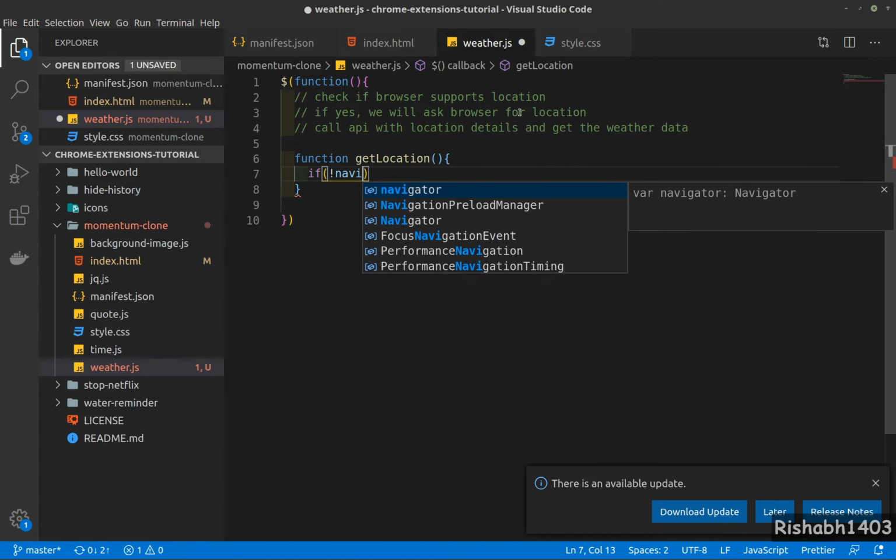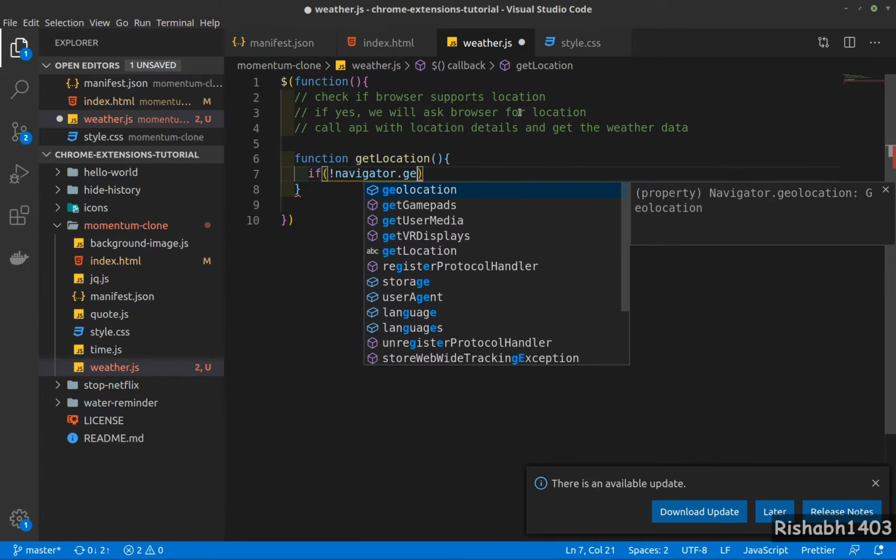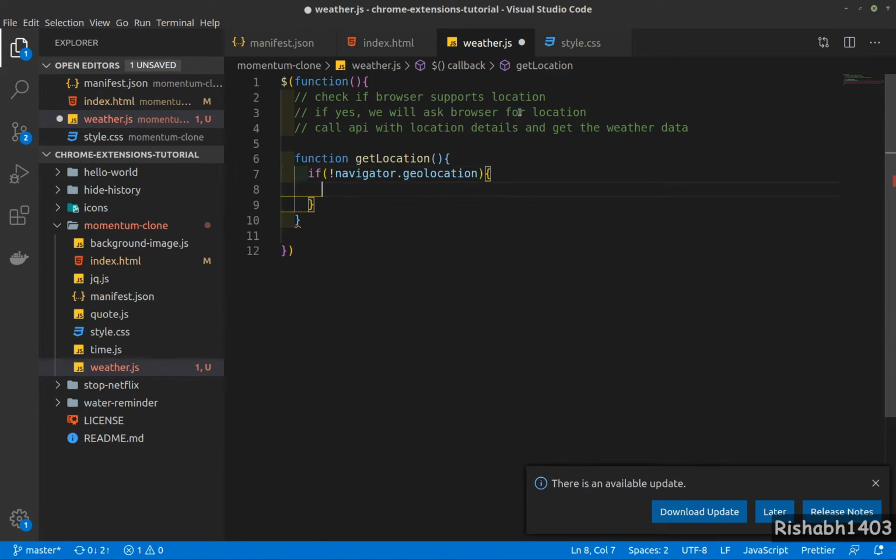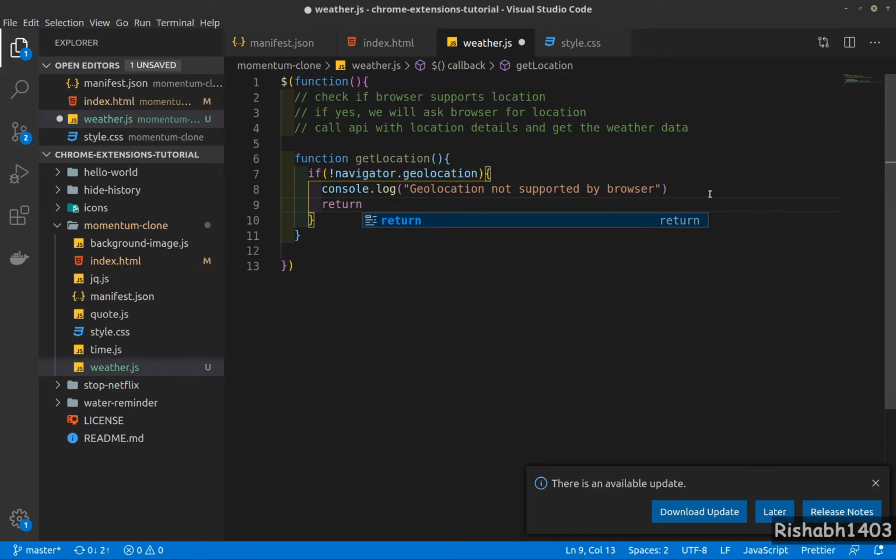So if not navigator.geolocation, that means if geolocation is not supported by browser, we will just log this. And we will return because we don't really have anything to do now.